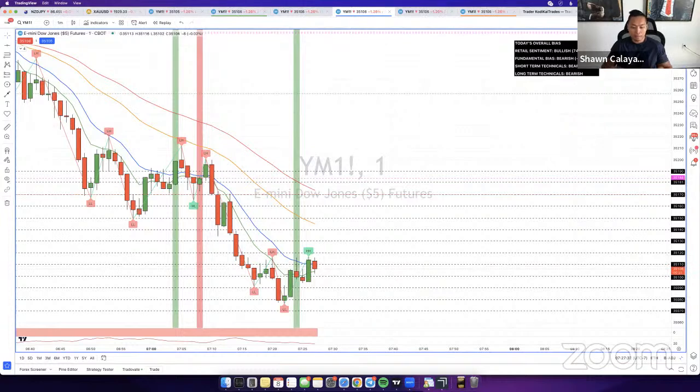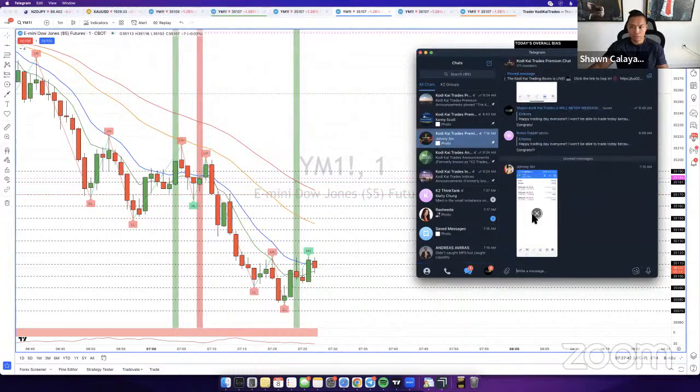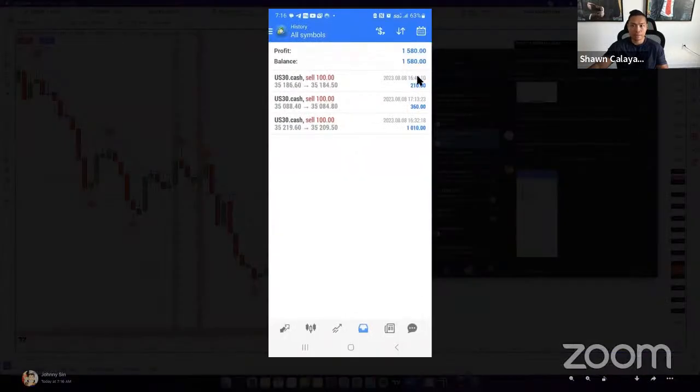I think the main factor with a lot of people is the profit, because they see a lot and I know this happens to a lot of you guys here. You guys will see that there's not too many trades coming up, and then you look at me show everybody's profits. Like Johnny over here is up 1,580, right? That's solid. You see 3 wins here, and you're like, man, I haven't had 1 win. I need to get at least 1 to get on a portion of Johnny's level here.